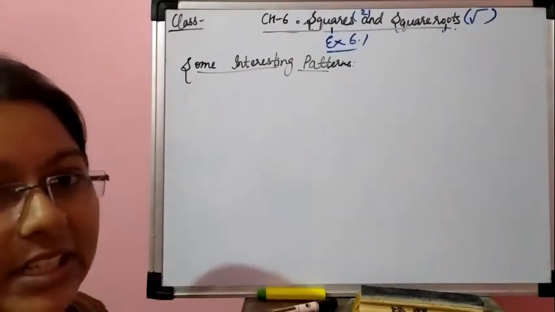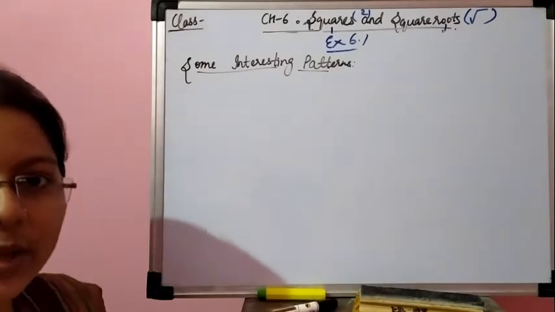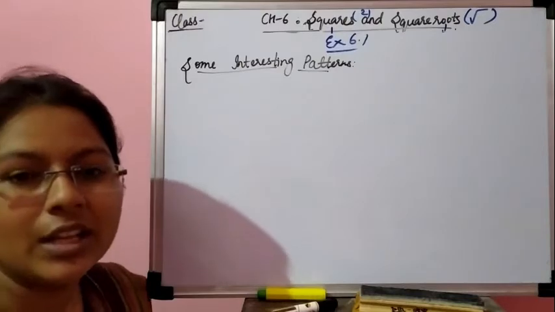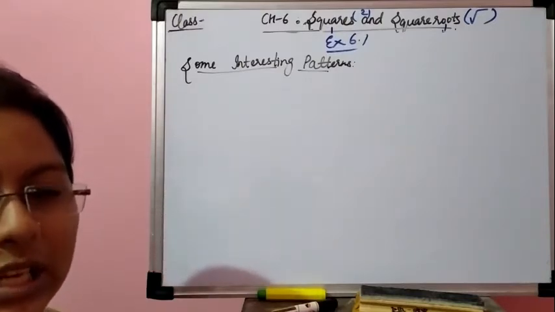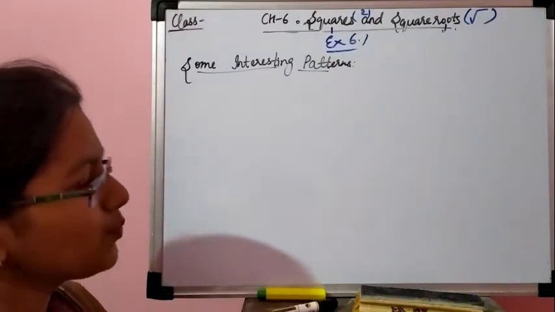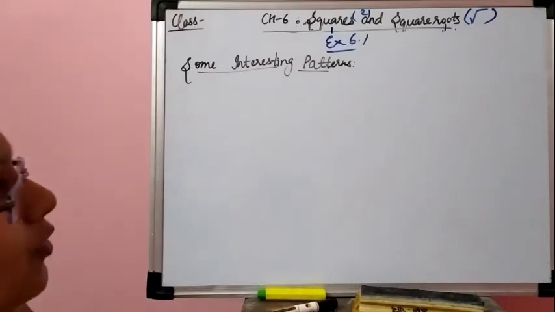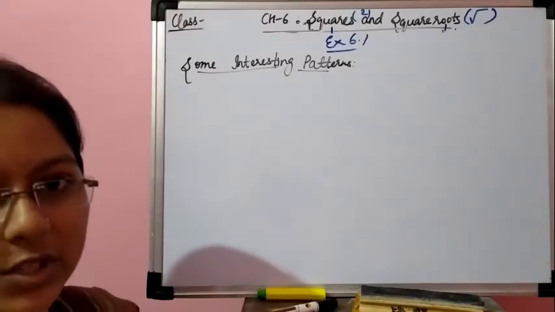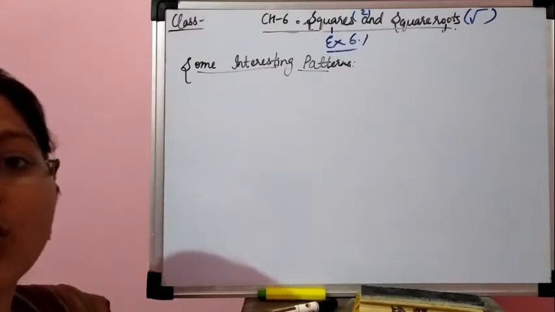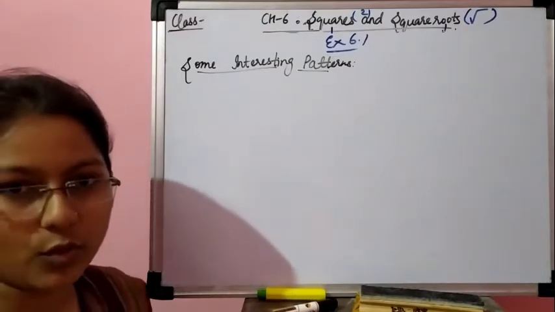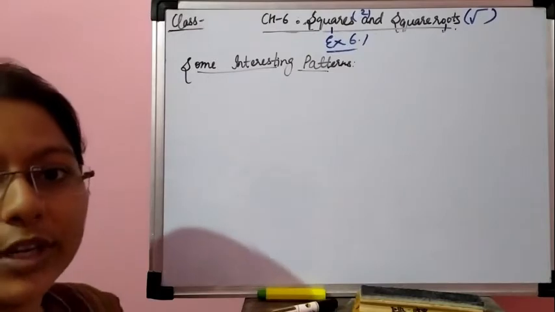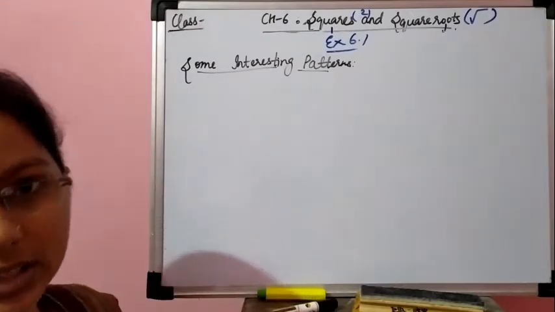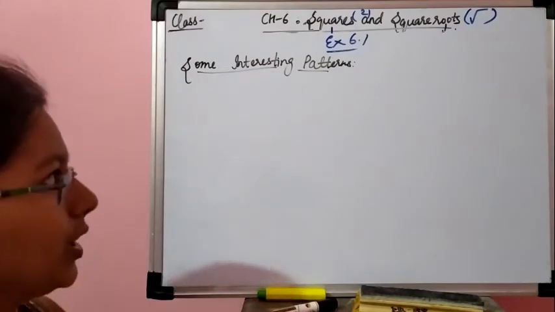For finding any triangular number, like if I have to find the 7th triangular number, then I will add 1 plus 2 plus 3 plus 4 plus 5 plus 6 plus 7. Similarly, for the second pattern, for finding the number of non-perfect square numbers between two consecutive perfect squares, the formula was 2 into n. And what is n? n is the smaller number of that consecutive pair.